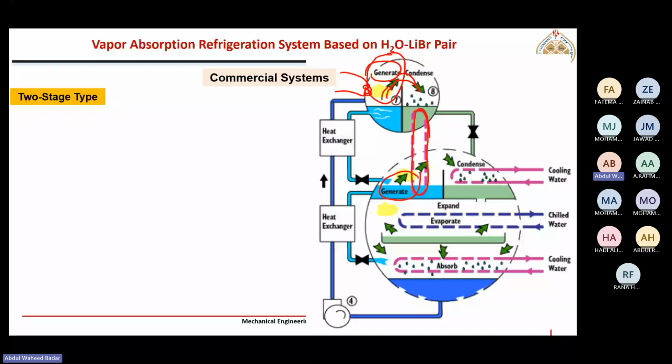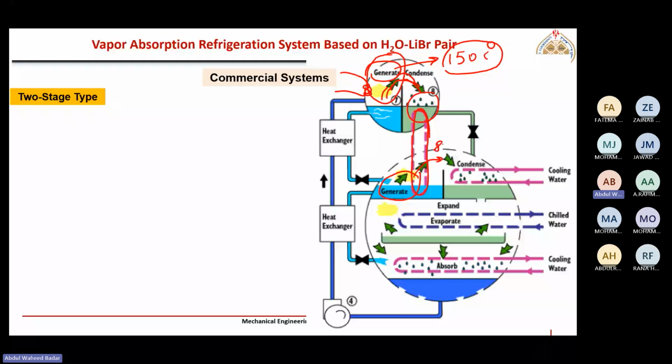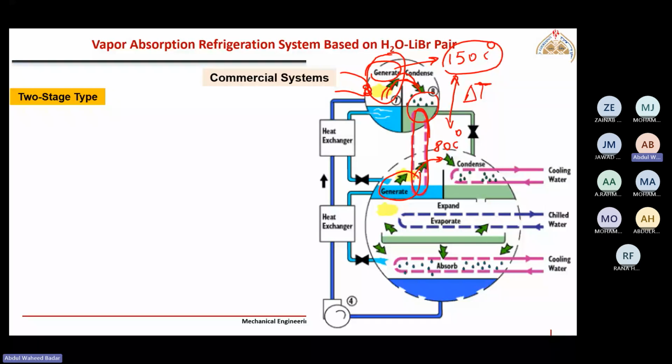For example, here we are generating this water vapor at around 150 degrees Celsius. So this same water is getting condensed by rejecting its heat at such high temperature to this generator, where we are generating water at a lower temperature, for example, 80 degrees Celsius. So here we have this temperature difference available, which can be utilized to generate some water vapor from the low